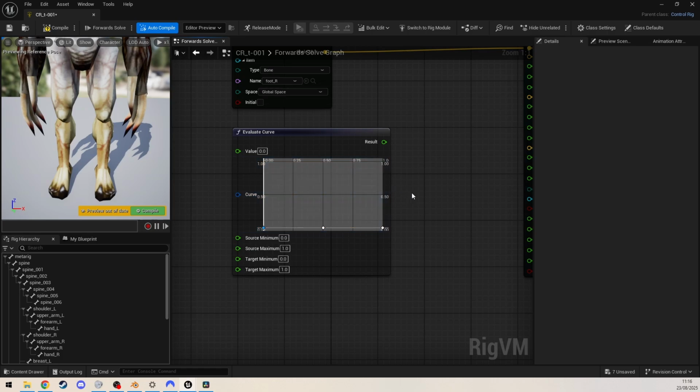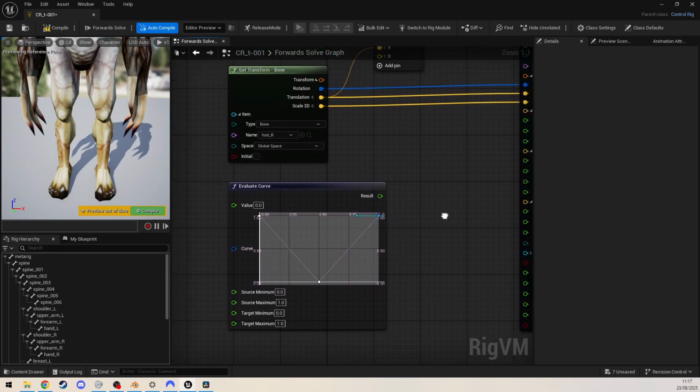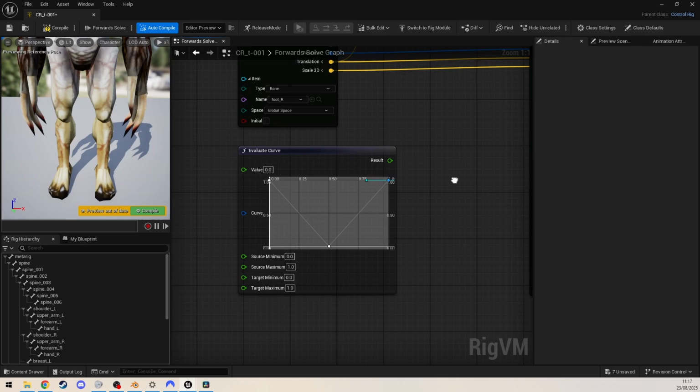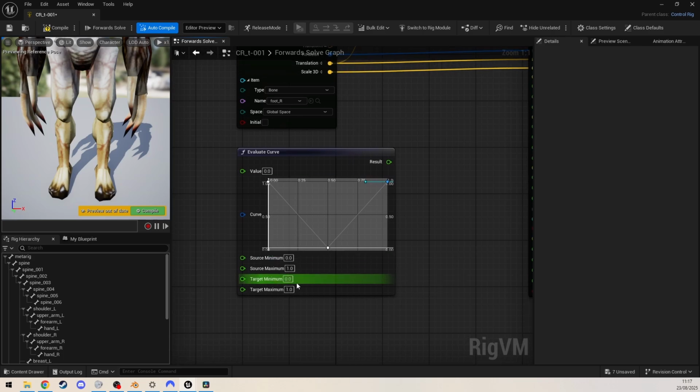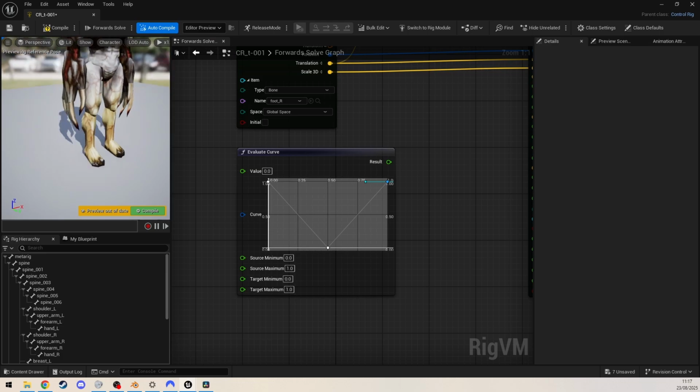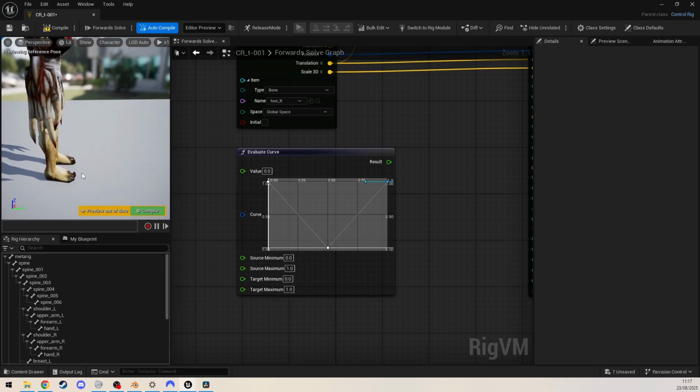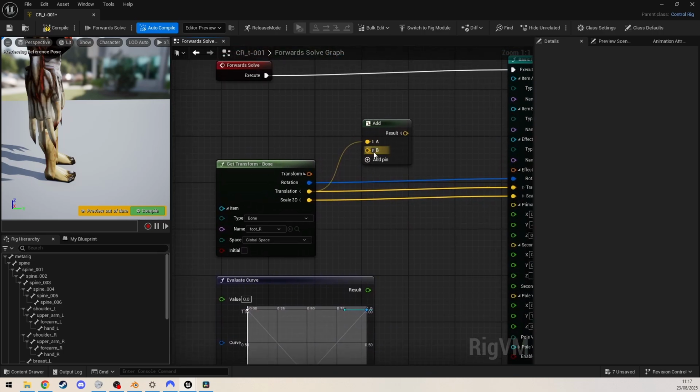So on a straight line, I'd moved the two values on the side up to 1. And the key in the middle at half a second is at 0. Now the distance we want to move, I put in a small value at first. I think it was like 10, but the skeletal mesh is actually very big. So depending on the size of your armature, this here may vary. I think a good size was like 100,